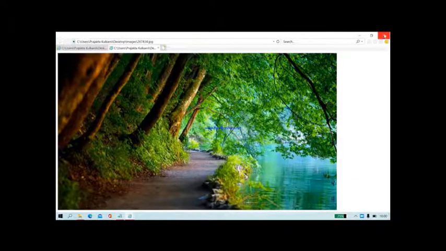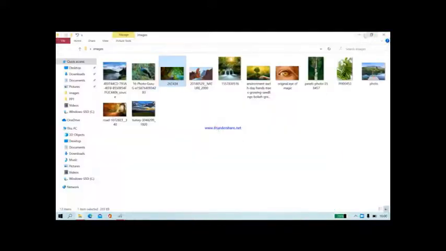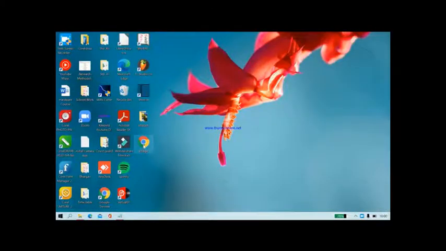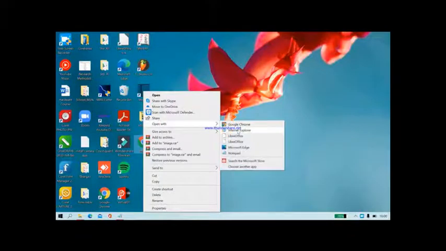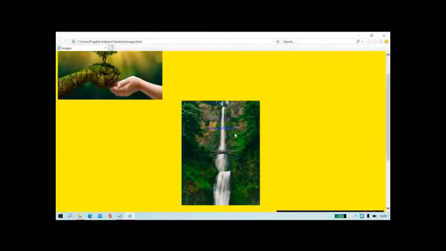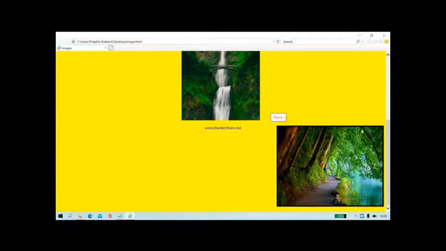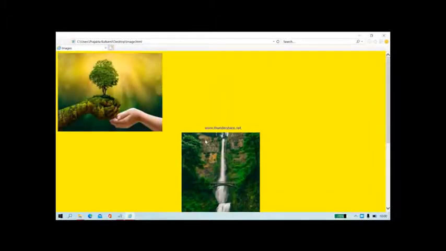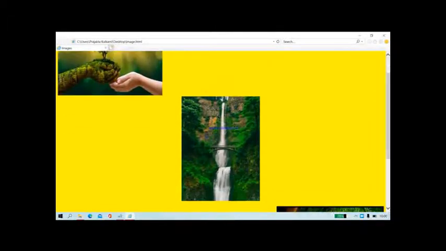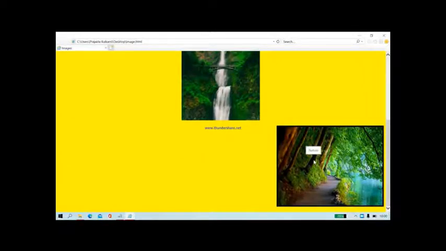So minimize this. You can see the program is saved on the desktop. Now right click on this file, open with Internet Explorer. So now this is the output which you have got. So this is called the border. Now I am moving the mouse pointer on this. Here, whatever you have given, that is nature image, is the description. If I move here, I will not get any description or alternate text. But when I move on the image, there I will get nature image as the descriptive part. So these are the 3 images which are aligned to the left, center and the right side.